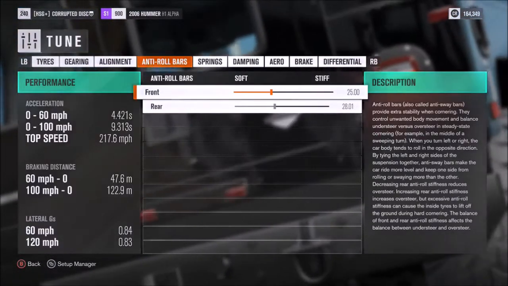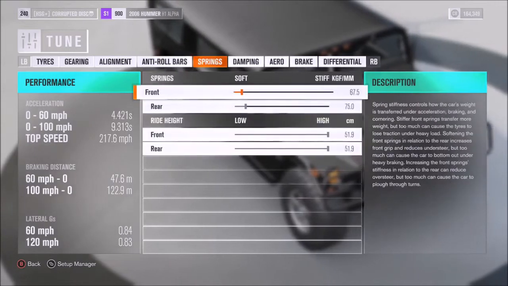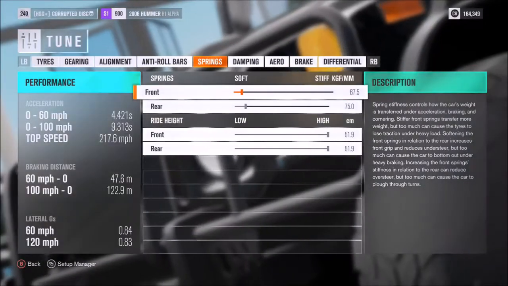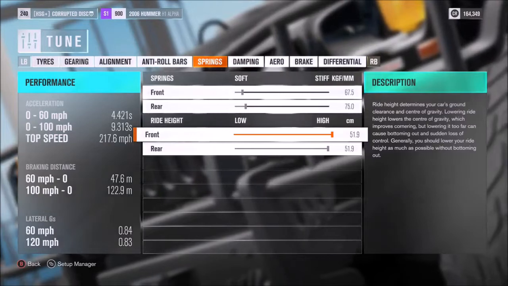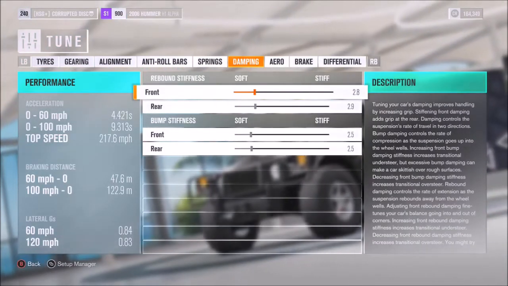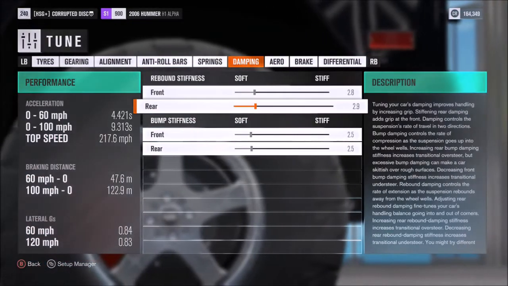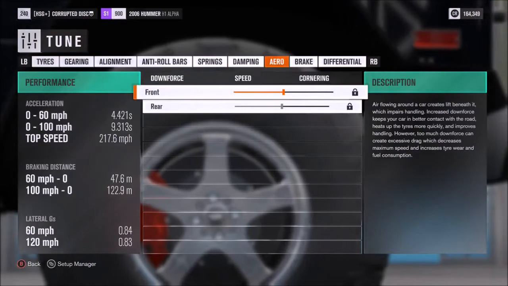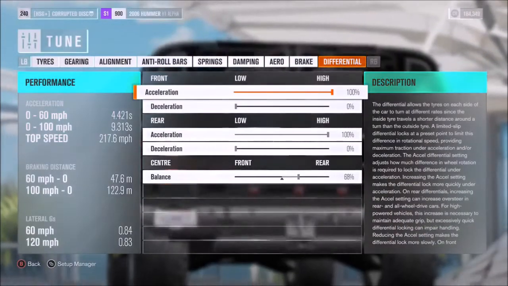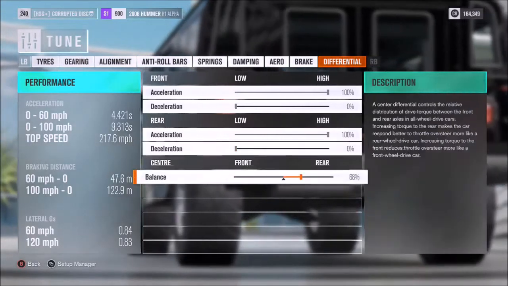Now, as far as the anti-roll, I would recommend rounding them off to 25 and 28. As far as springs, I've got them on 67.5, 75, with, of course, the highest ride height. It's a Hummer, you can't go for anything but that. As far as the dampers, I think I've left those basically stock, 2.8, 2.9, and then 2.5 apiece. No aero, of course. And as far as the diff, we've got 100% on acceleration, 0 on deceleration, and a